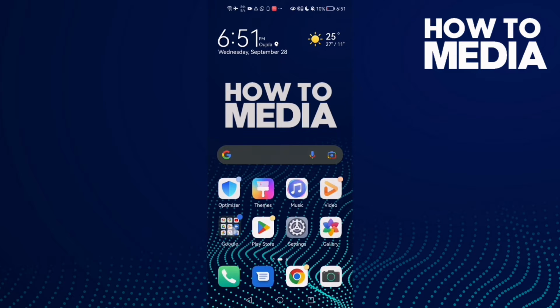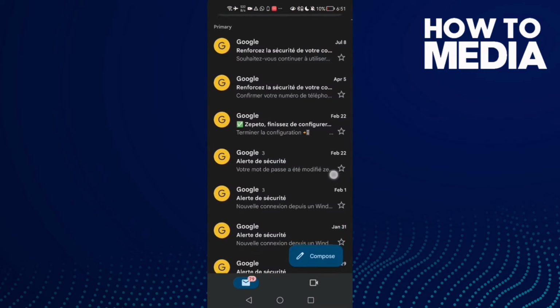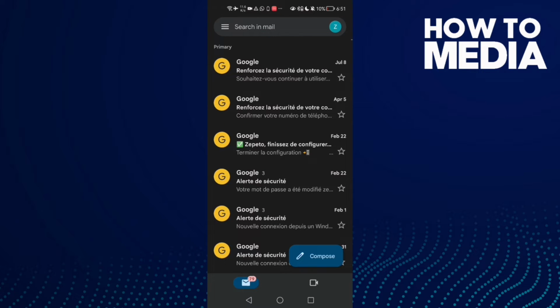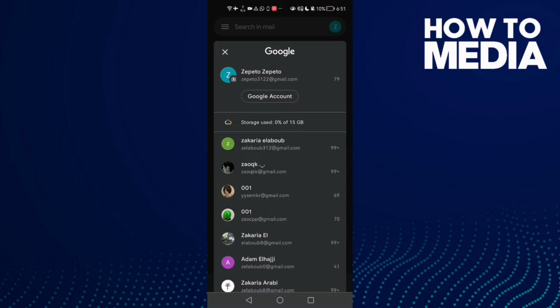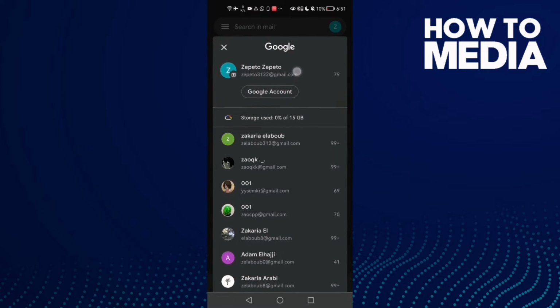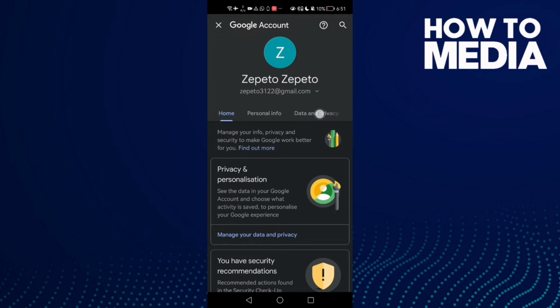First, open Gmail, and now all you need to do is just click here in the top corner on your profile, and then click this one, Google account, and scroll here until you find security,